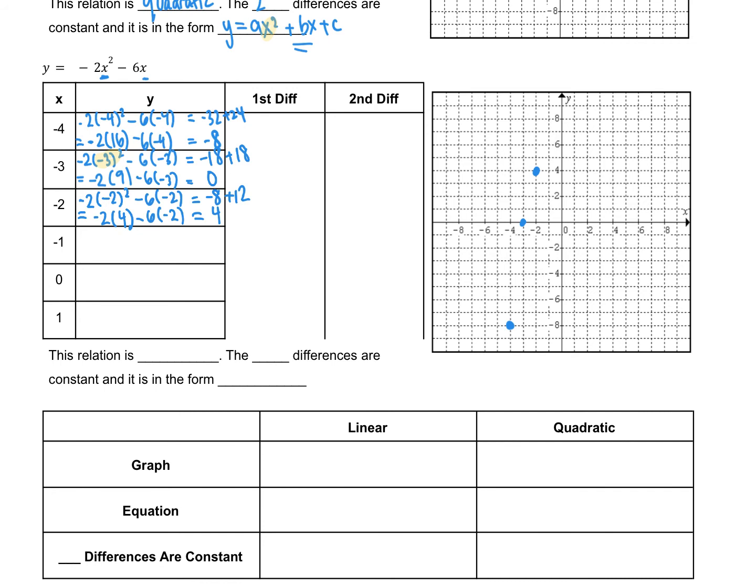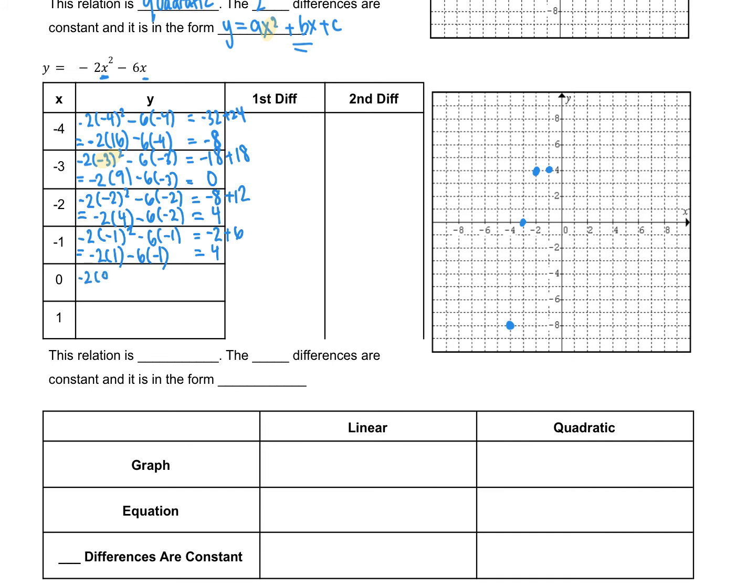Next one. If you would like, you can pause the video here just to see if you can do the BEDMAS on your own, or you can just go to your calculator and plug it in to make sure you get the same answer that I do. I'm going to continue with the BEDMAS though. So -1 squared is +1. So -2 times 1 is -2, and -6 times -1 is +6, and that gives me 4 as well. So at -1, we're still at 4,